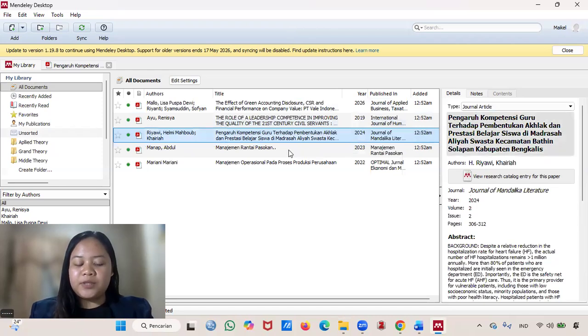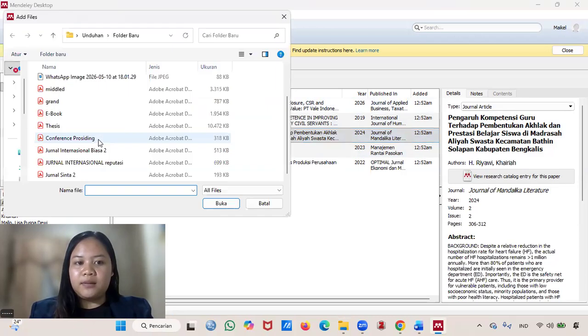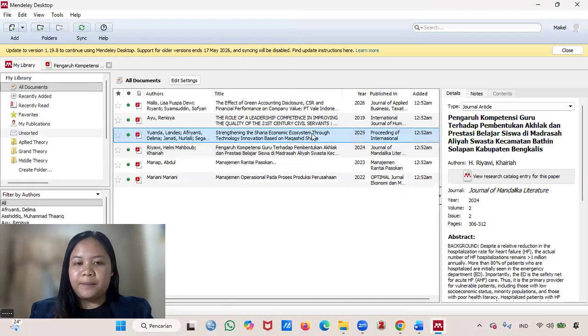The conference proceeding, or what we usually call seminar proceedings. Just like before, we click Add New, select File from computer, and I choose the proceeding file already prepared. Click Open and wait a moment for the upload to finish.